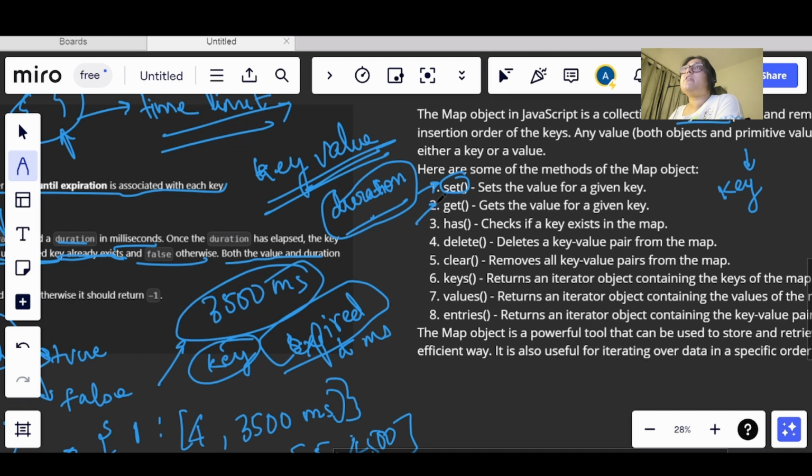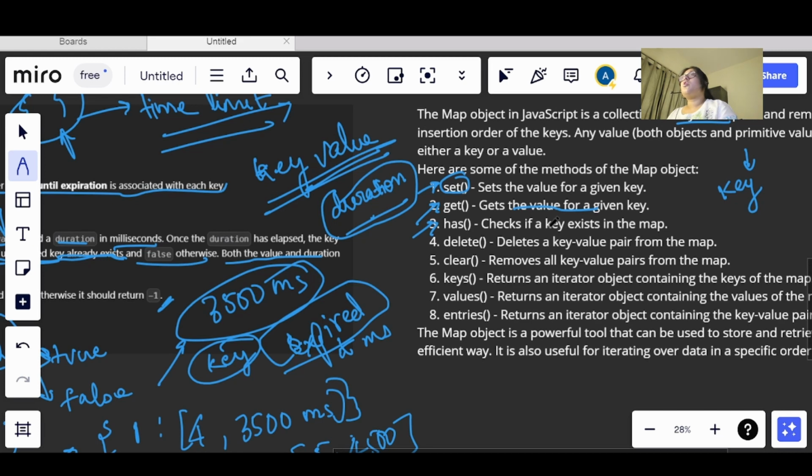And the get method returns the value for a given key. In the get method we had to get some value if it had not expired, so in the same way we will use the get method to get the value. And the has method checks if the key exists in the map or not.